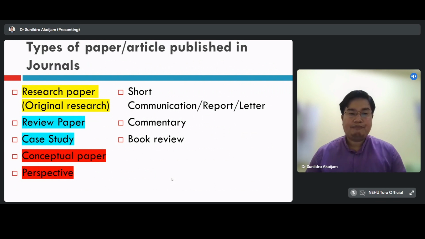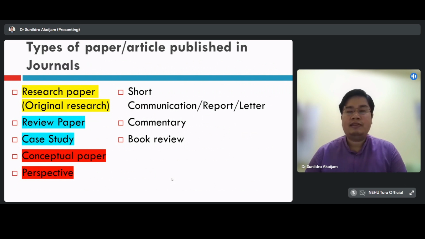In this type of research paper, you collect certain data, either primary or secondary, and you draw certain findings and conclusions out of it, and that adds to the existing literature. So this is the first type of research paper, the most common, and comparatively one of the easiest forms of article that researchers normally publish.